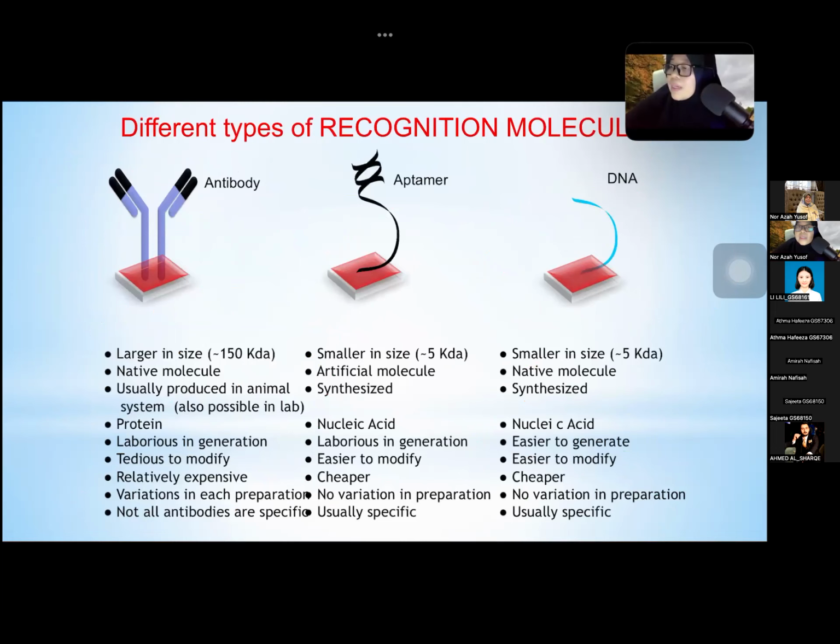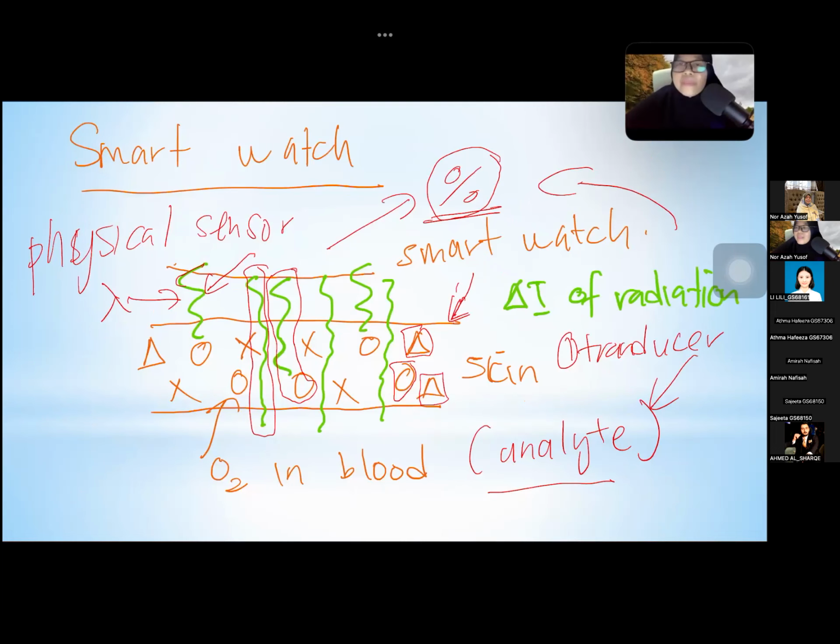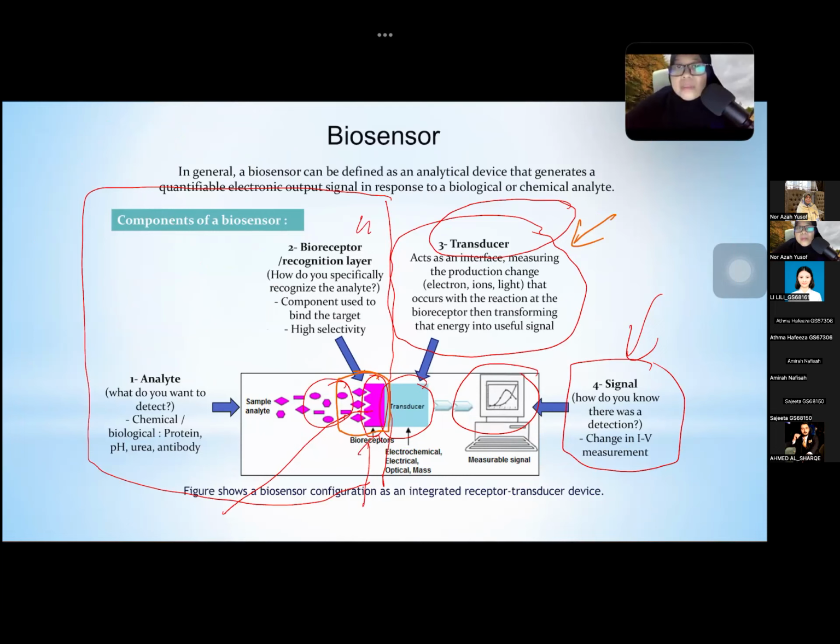So I hope the general part of sensor is clear to you. Now, when you look at your smartwatch, you look at it differently because now you know there are many parts working in that smartwatch. And if you have a glucose sensor at home, you're probably looking at it differently because now you know there are bioreceptors inside that glucose sensor, there is a transducer, there is